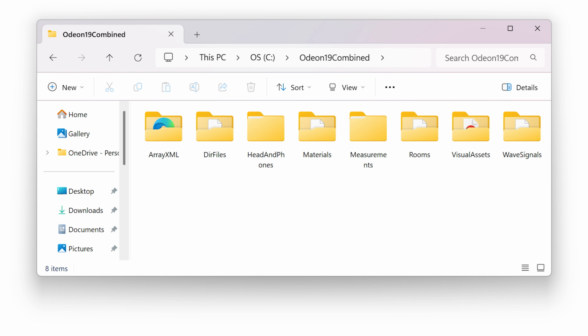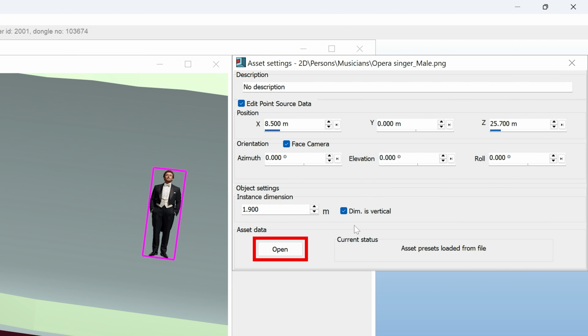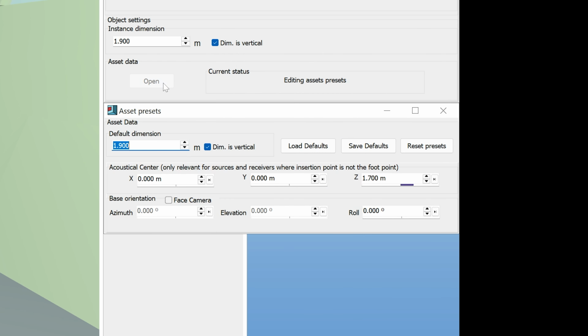To import your own assets, simply copy them into Audient's Visual Assets folder, which is located in the main Audient folder. For 2D images, Audient supports the PNG and JPG formats. We mainly recommend PNG due to its ability to handle transparency. For 3D objects, Audient supports OBJ, 3ds, and STL files. Make sure to set appropriate defaults for your assets. Again, face camera should be disabled for floor or wall objects, such as carpets or wall art. And typically, it makes sense to have face camera enabled for people and plants.